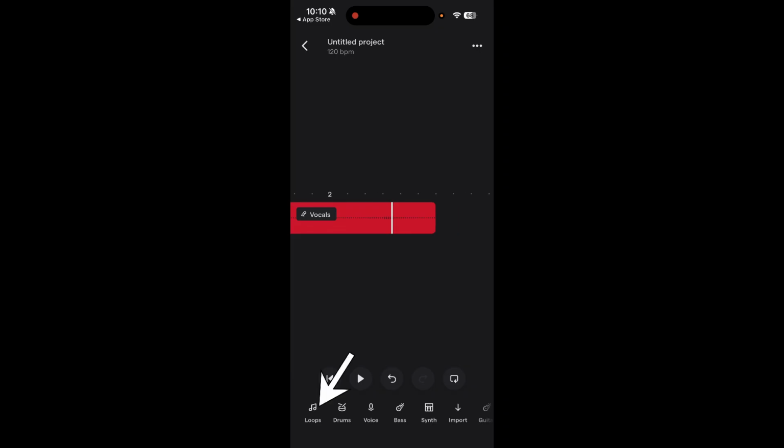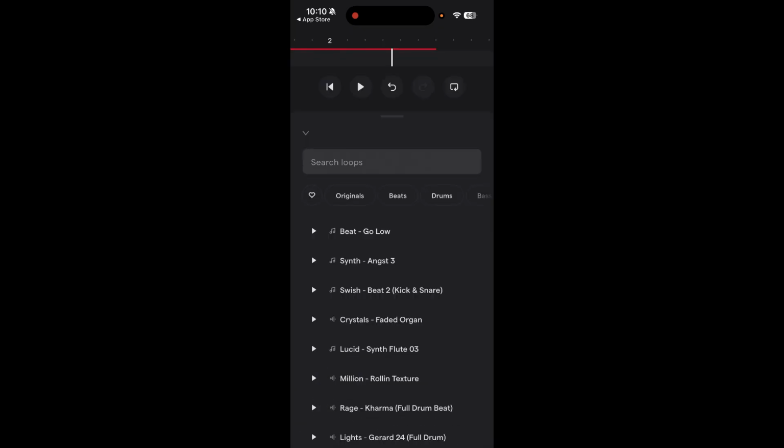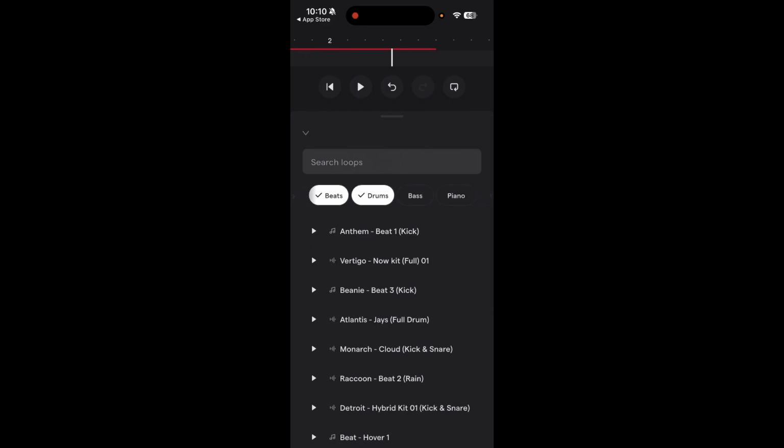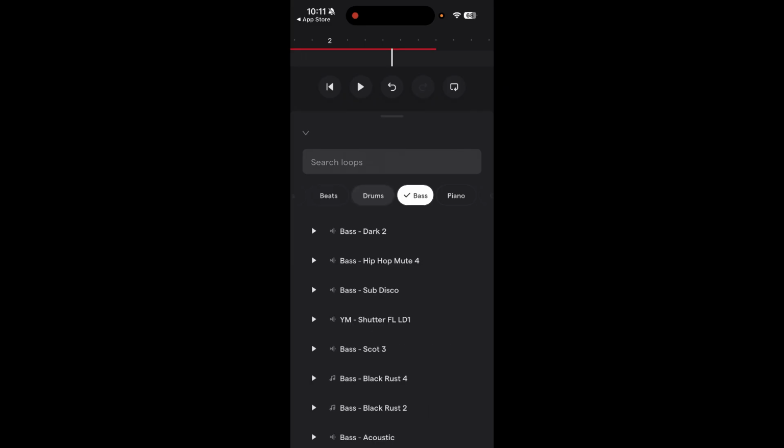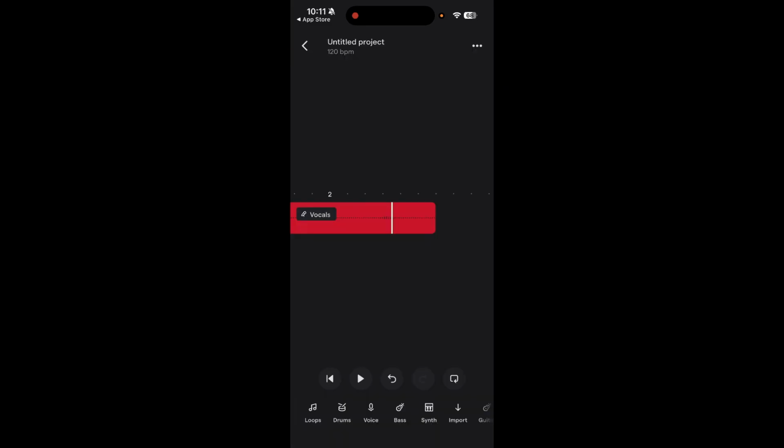And to add a background music you can tap on this loop icon on the bottom here, and over here you can find a lot of beats, drums, piano, guitar. Tap any loop to play it. Tap on the sounds over here. Simply select one of this music that you want to pick up and tap on this, and you can also adjust the volume so it does not